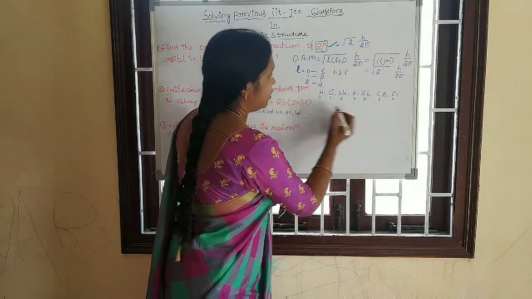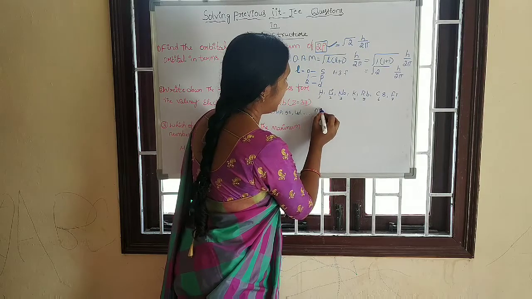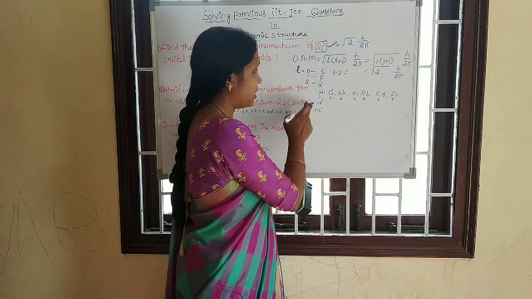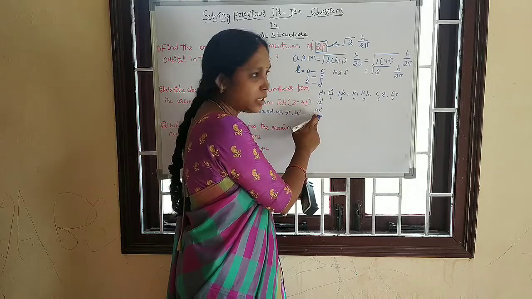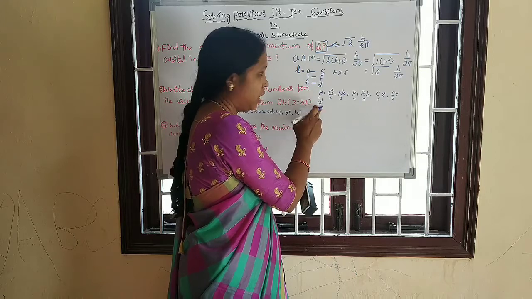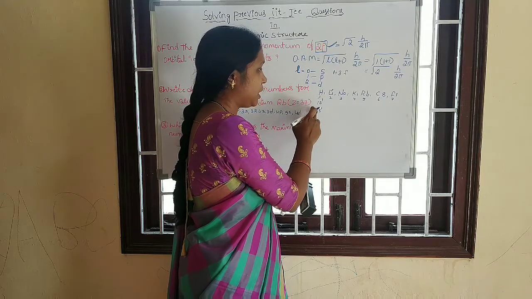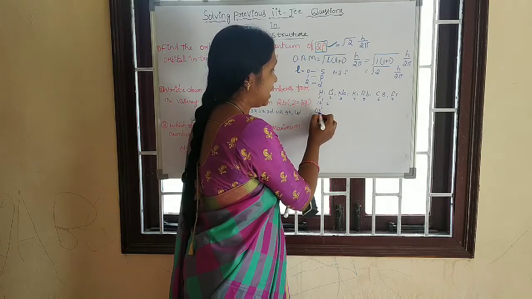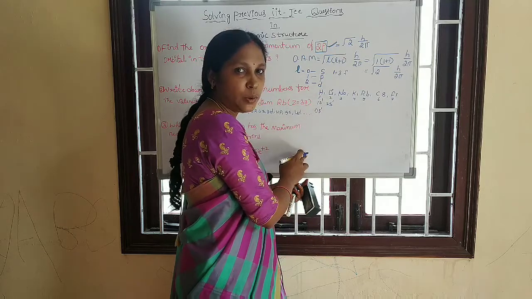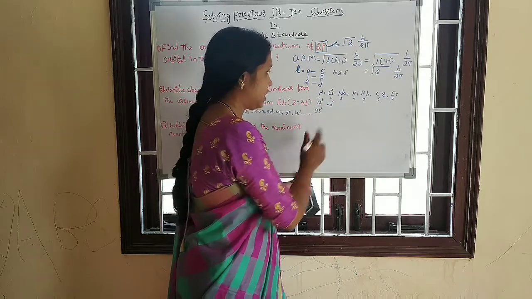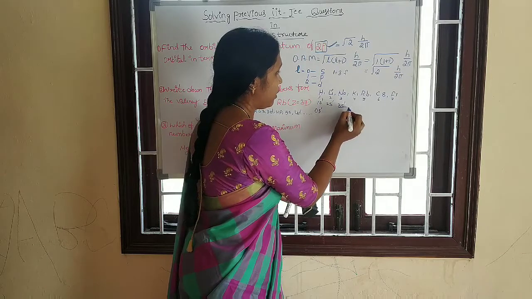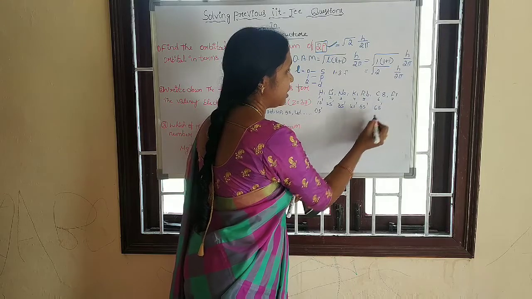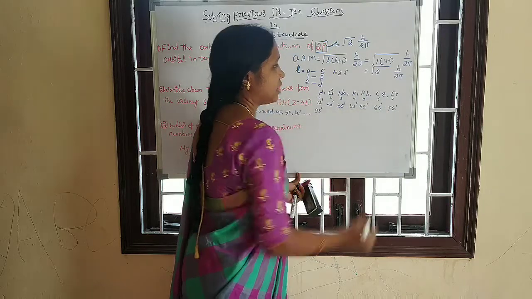So they have the general configuration ns1. Hydrogen has 1s1 because it is a first period element and a first group element. The first group has ns1 configuration. Period means the n value: first period means n value is 1, but in the second period n value is 2 but still s1. Same group element, so the s1 configuration cannot change. And third period 3s1, fourth period 4s1, fifth period 5s1, sixth period 6s1, seventh period 7s1.